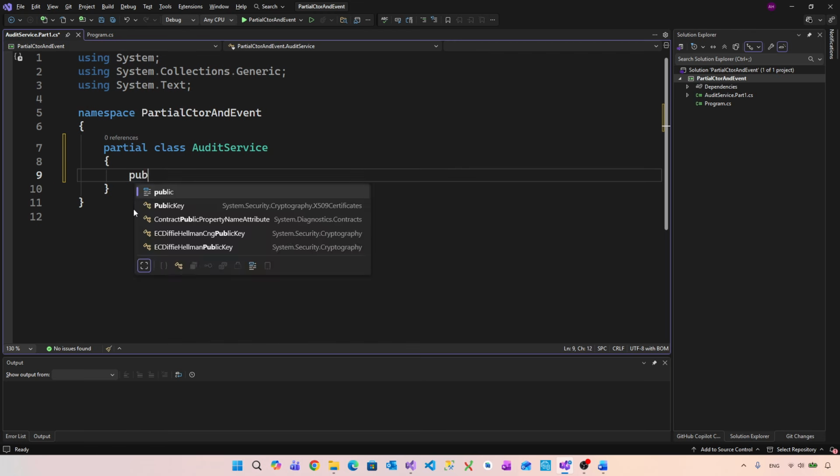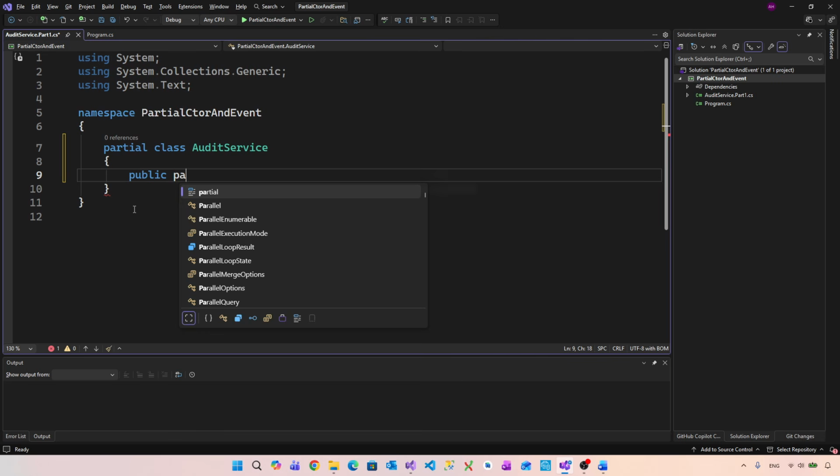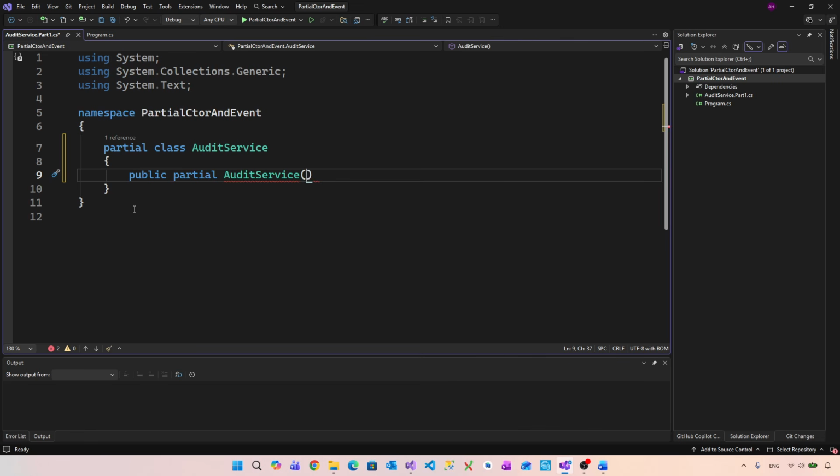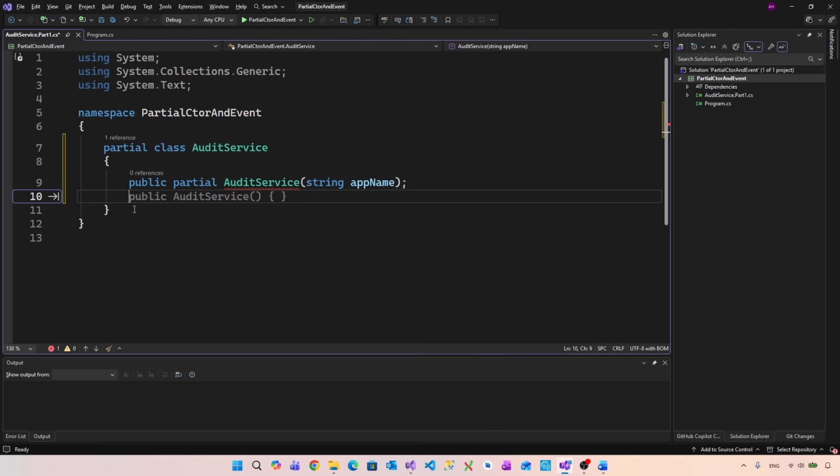So here public partial AuditService, and we can give it a parameter string appName. Here we defined the partial constructor. We're gonna define a partial event actually. So partial event, and here Action of let's say string, and here we give it the name Audit,